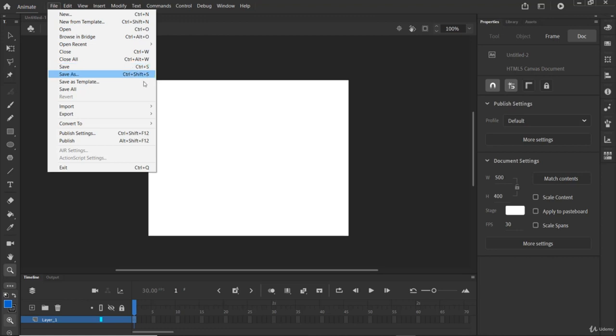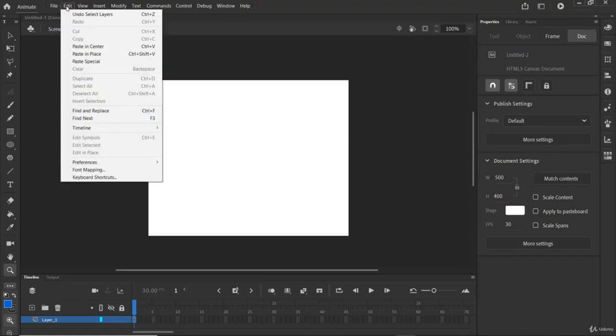Also shortcuts like publish settings, Ctrl plus Shift plus F12. And as you can see, you have this Edit menu. In Edit you have cut, copy, and paste in center. You will understand these different menus when we create something, because you cannot understand it without practice.